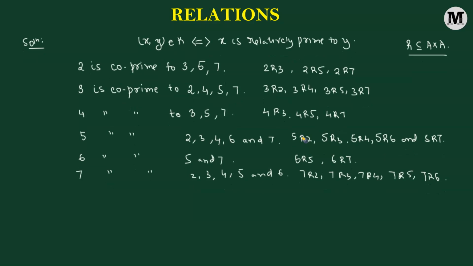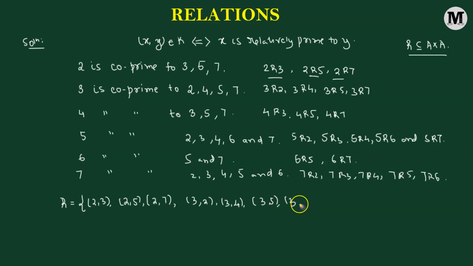Now we will use each of the relations to form the ordered pair. So R is going to be this set containing the ordered pairs. So 2R3 will correspond to the ordered pair (2, 3). Next we have 2R5, that's going to become (2, 5), followed by 2R7, which becomes the ordered pair (2, 7). So now we can form the ordered pairs. So we have (3, 2), then (3, 4), (3, 5),